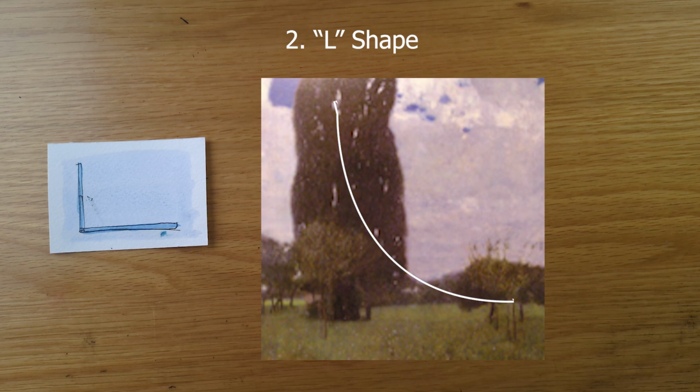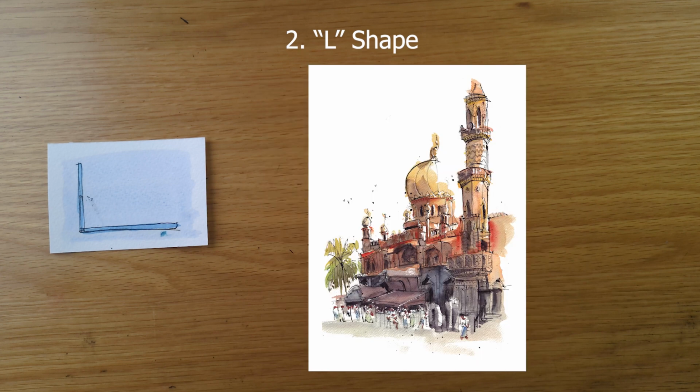Here is an example of a picture I've done, which uses this L shape. This is a mosque in Myanmar. But you can see naturally your eye starts either on the dome or the minaret, and you work your way down and then move to the left like an L. This is a really, really useful compositional tool for buildings or street scenes. Often when we look at lots of different buildings, it can be hard to figure out how we want somebody's eye to move, but this provides a very, very simple structure.